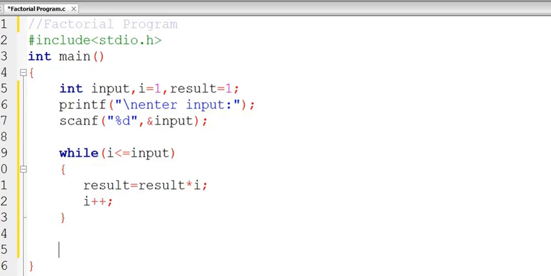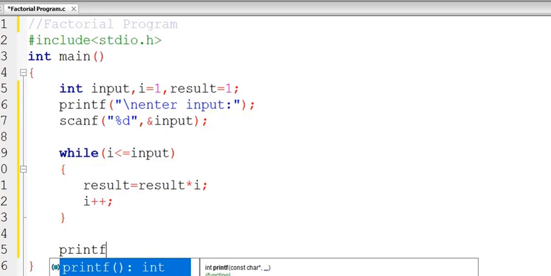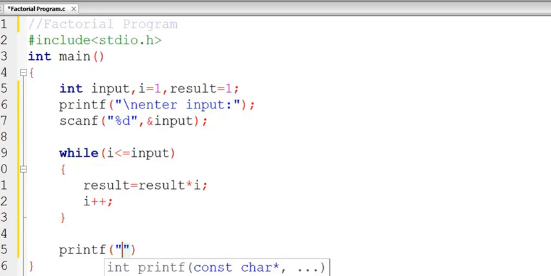Then I am going to print the result: factorial value is %d, comma, result.